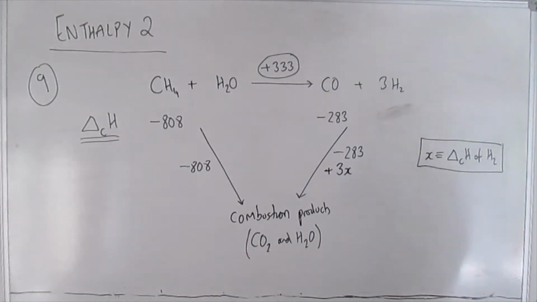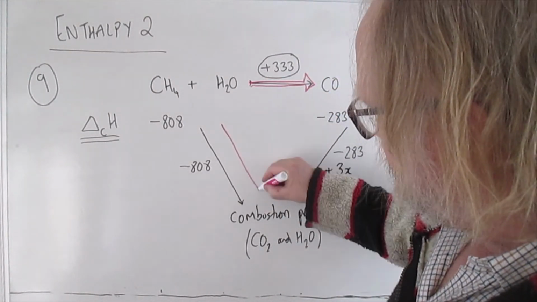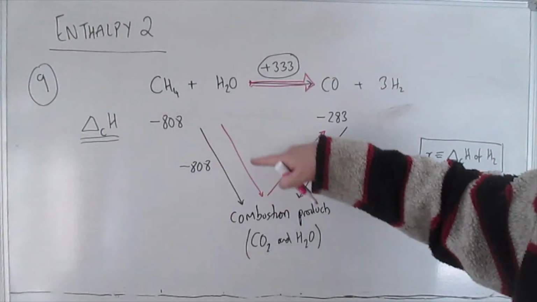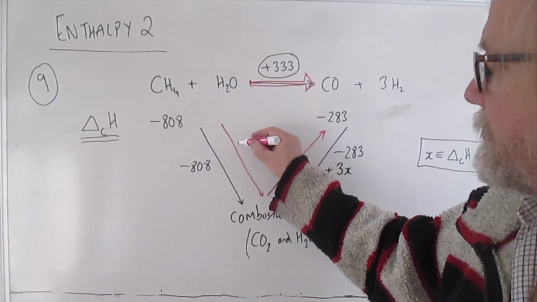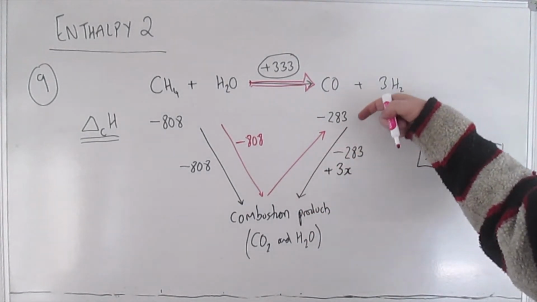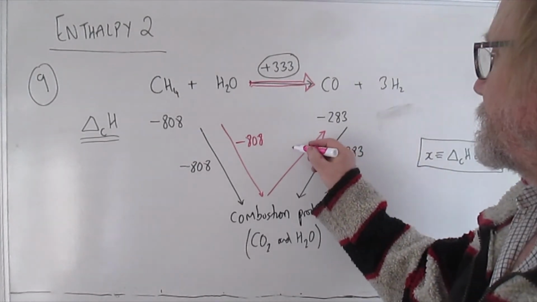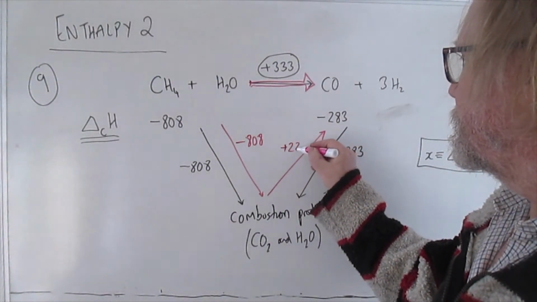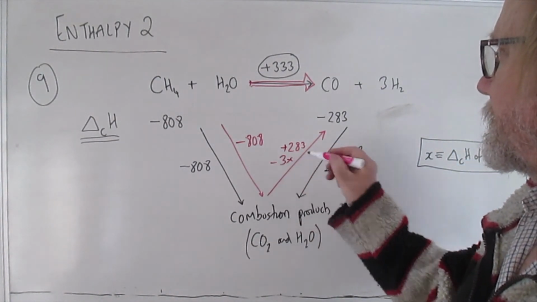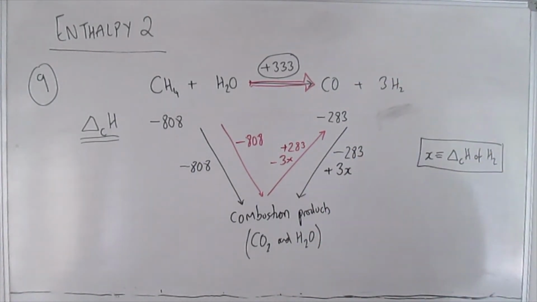Okay, so then we do Hess's law and say, right, this number across the top is equal to the sum of the enthalpy changes for going down there and then back up here. So the first leg is the same as that. The arrow's going the same way, so the number is the same, minus 808. But the second leg coming up here is the opposite of that one. So if the opposite direction means the signs change. So it's plus 283 minus 3x. Okay, because we're, if you like, unburning the CO2 and water to make those products, so we change the sign